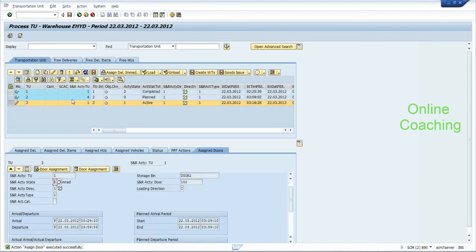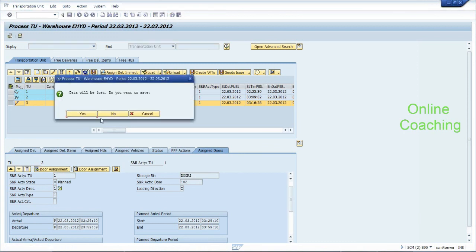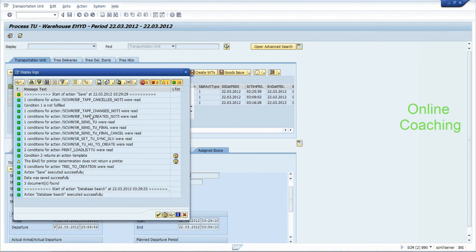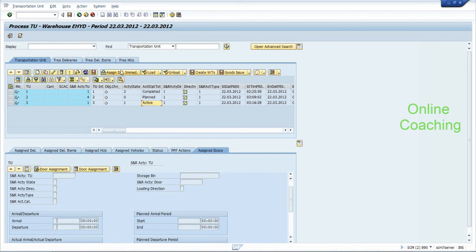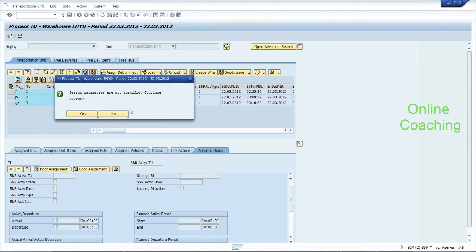At another level it says active, which is strange. So I want to know whether the database refresh has not happened, that's the problem. Unless that is active,